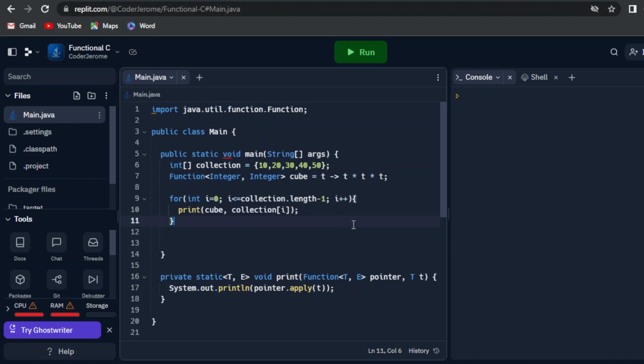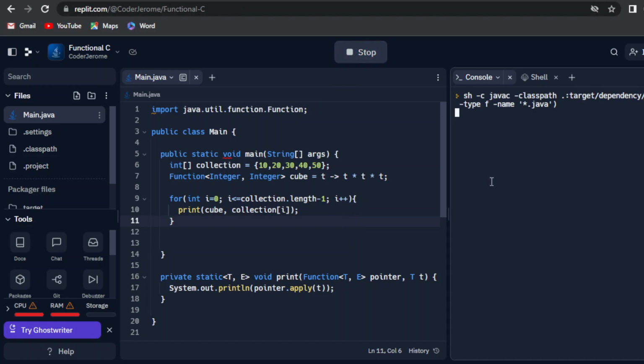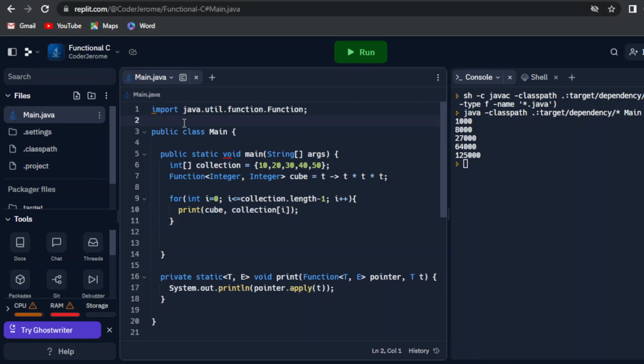So now we can take a look at it, right? We can see what's going on here. At least that's the logic. And compiling should work. Okay, so there's the answer right there. So that should work. So we're cubing each value as we loop through the collection. So that is simply saying, okay, send in the logic for cubing